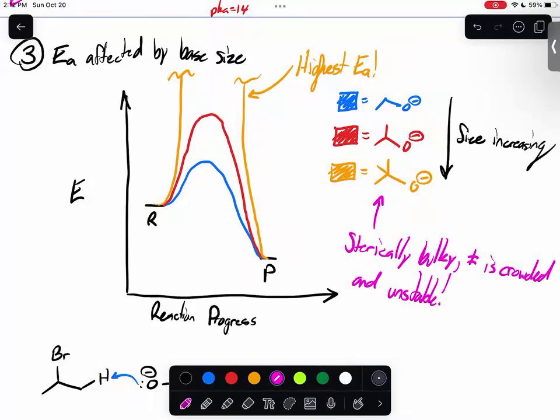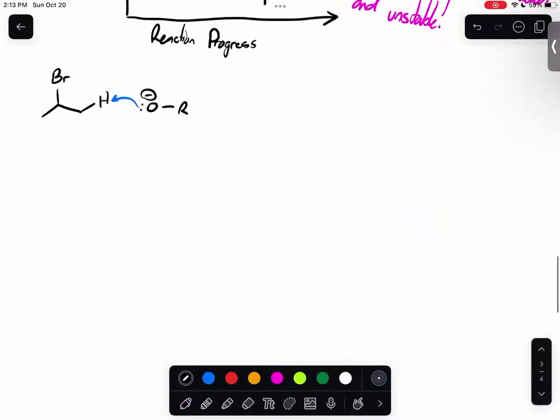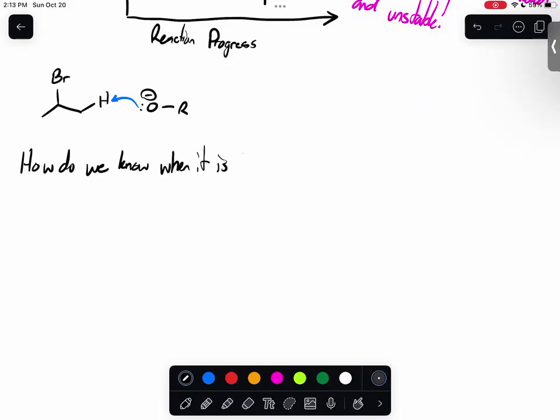So we see three factors here that play a big role in reactivity. But the thing is, if so many factors change reactivity, how do we know when it's an E2? Well, the first thing we need to do is actually redefine our idea of our nucleophilicity scale. So looking at our old nucleophilicity scale from the SN2 lecture,